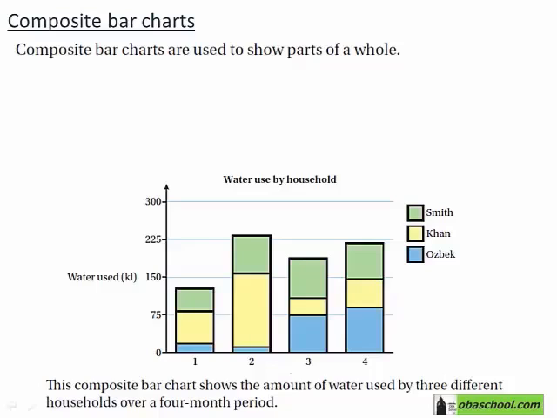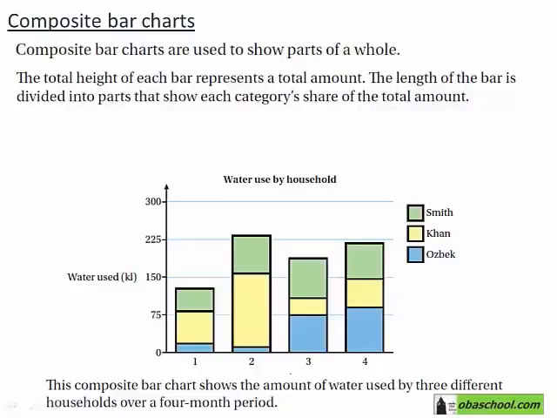Now, as you can see here, you have month number 1, 2, 3, and 4, each represented by a bar for a single month. Each bar has 3 sectors, each sector represented by a color. The total height of each bar represents a total amount. The length of the bar is divided into parts that show each category's share of the total amount. You can see that the green part represents the Smith household, the yellow for the Khan household, and the blue